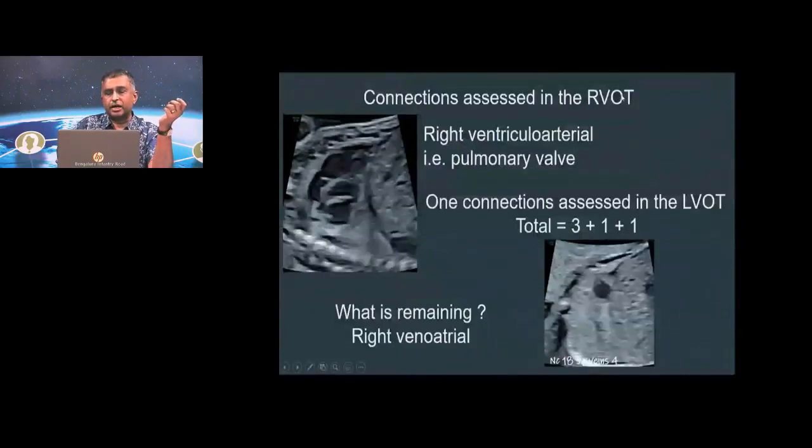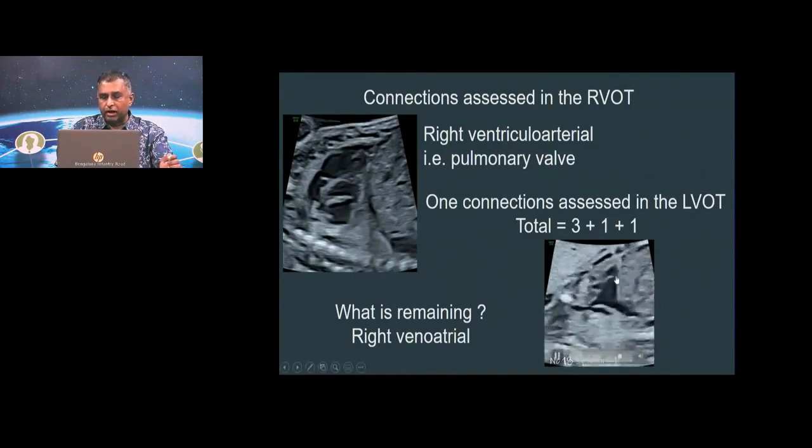So what are the connections which are assessed in RVOT? There is the right-sided ventricular arterial that you have assessed. So you finished three in the four-chamber view. You added one more by doing an LVOT, that's the left ventricular arterial. You added one more, which is the right ventricular arterial in the RVOT. So the last one left is actually the SVC and IVC getting into the right atrium. So 5 junctions are over, and if you have to see that, you have to do the hammock view,